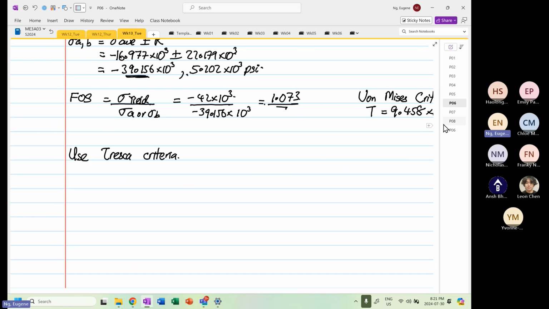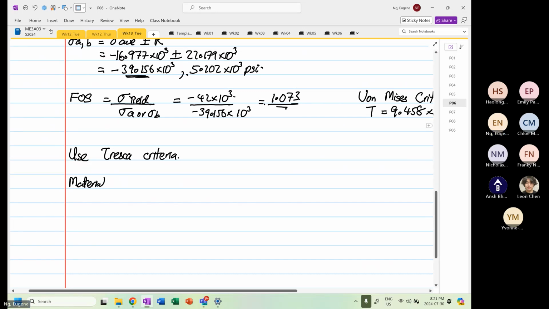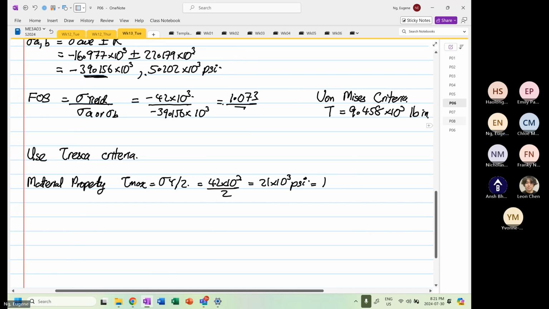What do we do? Okay, we know the material property. Tau max is equal to stress U divided by 2. So this will be equal to 42 times 10 to the power 3 divided by 2, which is equal to 21 times 10 to the power 3 psi. Okay, so this is your maximum shear stress. So this has to be the largest